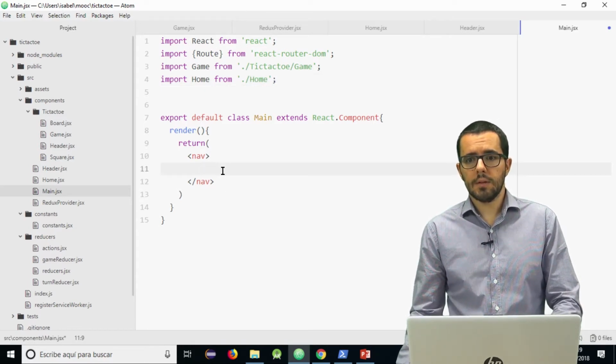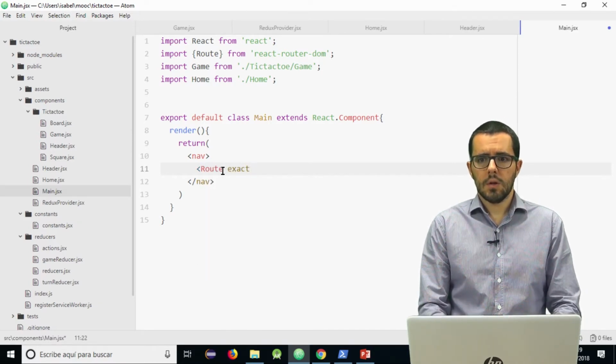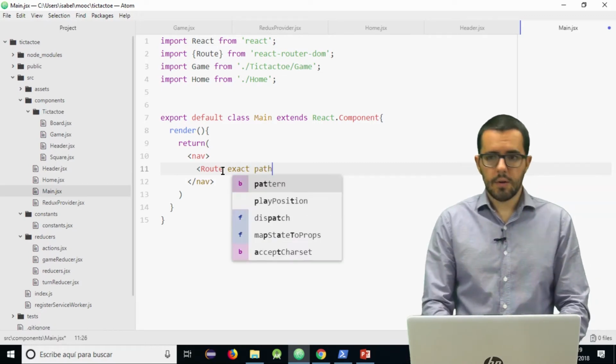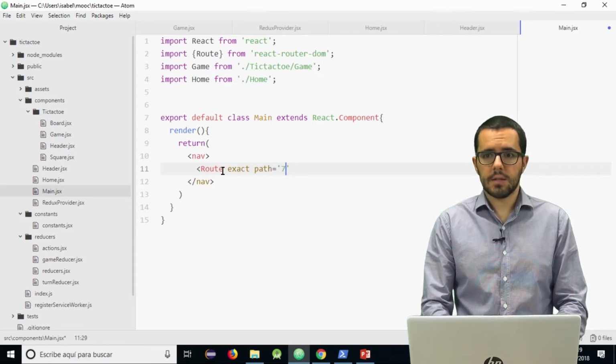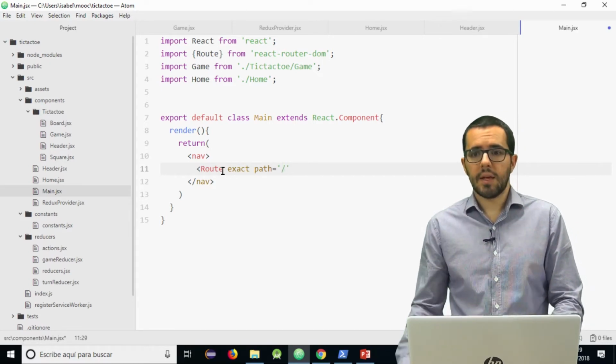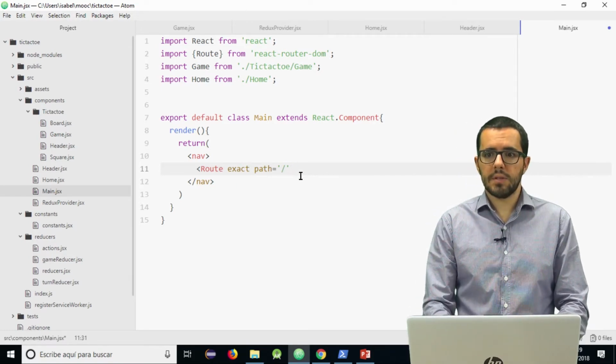So what this component will do is use Route to render the home component if the path is slash and exact, because slash is included in many other paths.